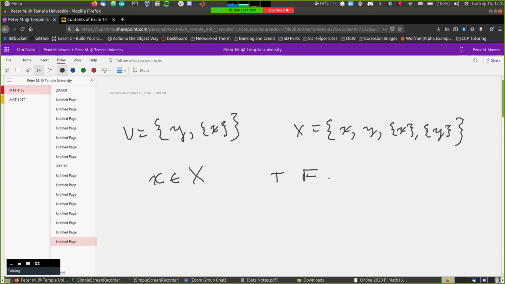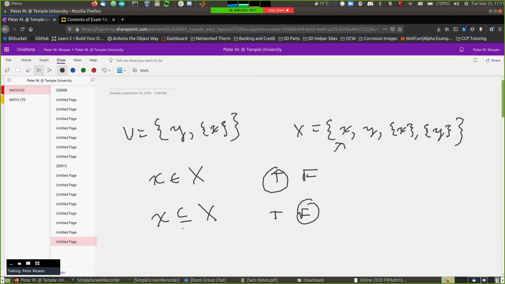Anybody? True, yeah, right, this is true. Because if we look at our set X, there's x, it's between a brace and a comma. It's an element. If I asked if x was a subset of X, is that true or false? Right, but this isn't a curly braced x. This is just an element x. So this would be false